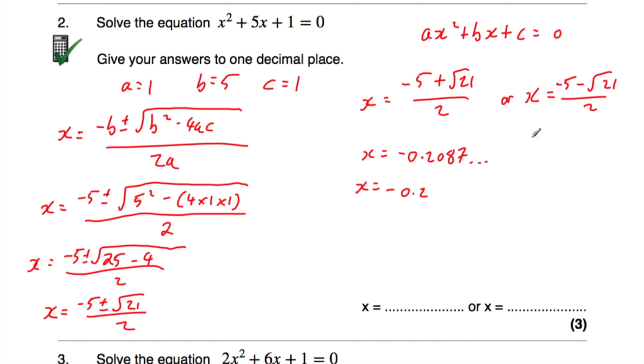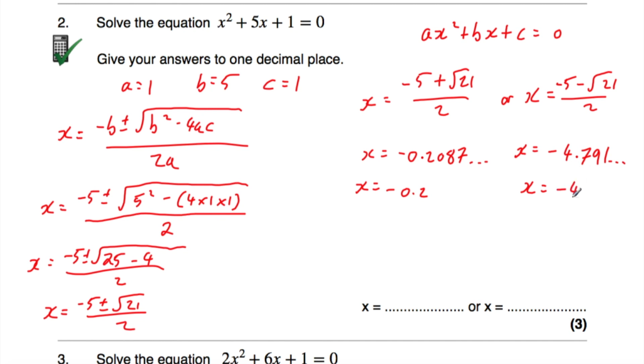Or another solution would be, remember there's two values for x that satisfy this equation, so it's this one or this one. So in this case, we've got x is equal to, and we're just going to type this into our calculator, minus 5 minus the square root of 21 over 2. That's equal to minus 4.791 and so on. And we need to give our answer to one decimal place, so that will be x is equal to